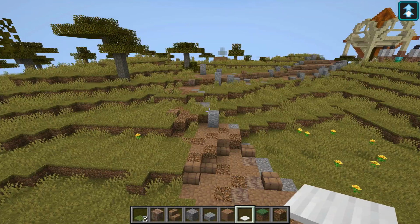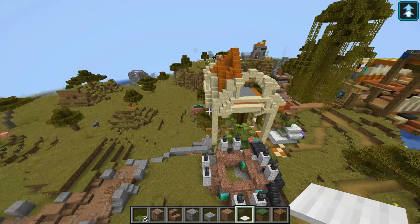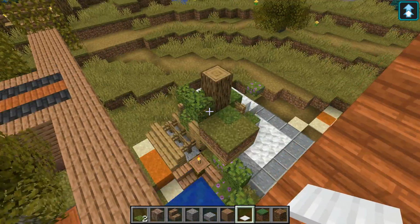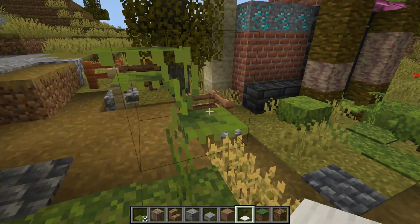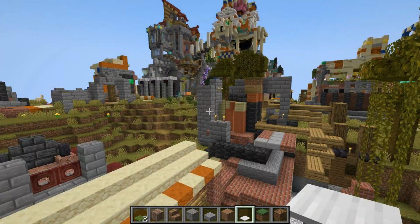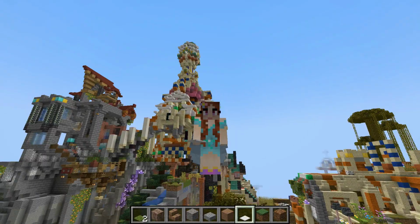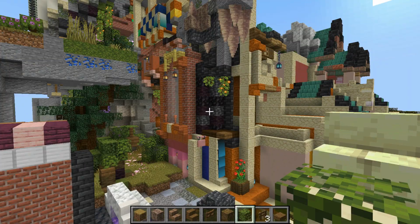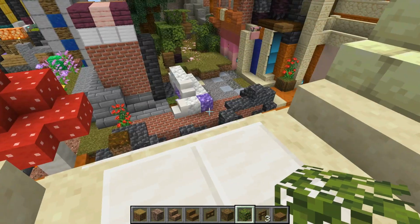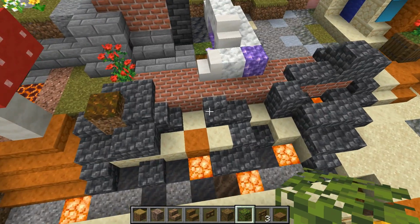This little dirt road over here, I've continued just a smidgen over to this sacred garden. It's a spirit oasis or something. And yeah, coming up to what you already know. Or do you? Actually, come to think of it, I haven't shown you yet. Also, I haven't shown you this